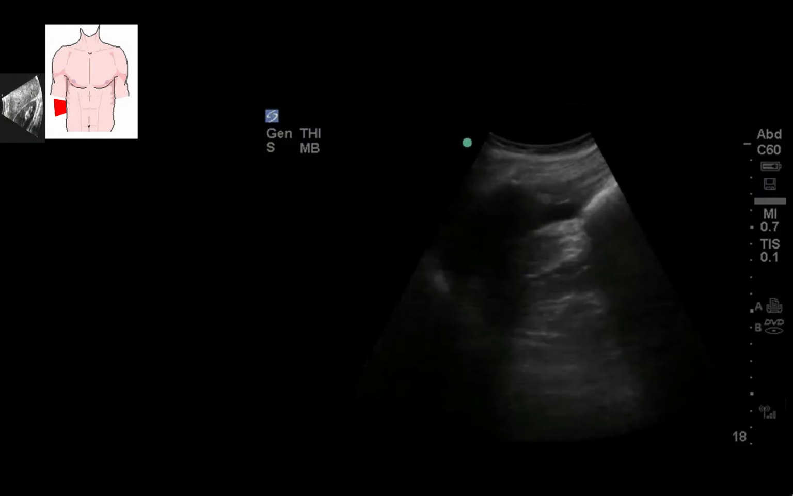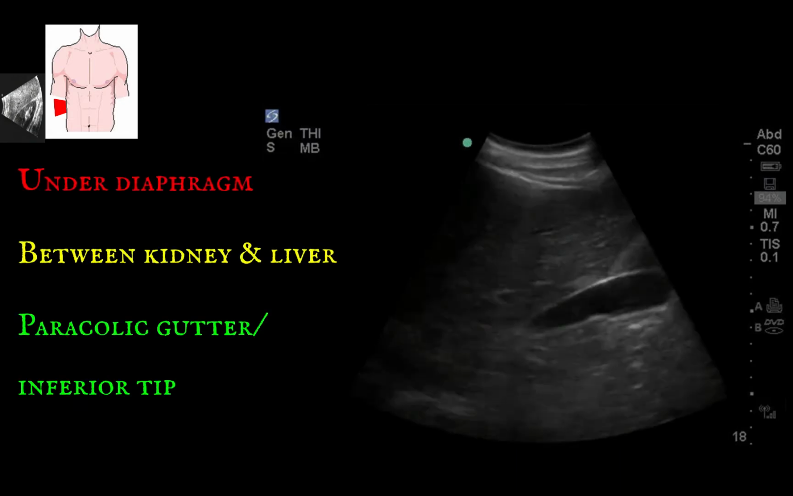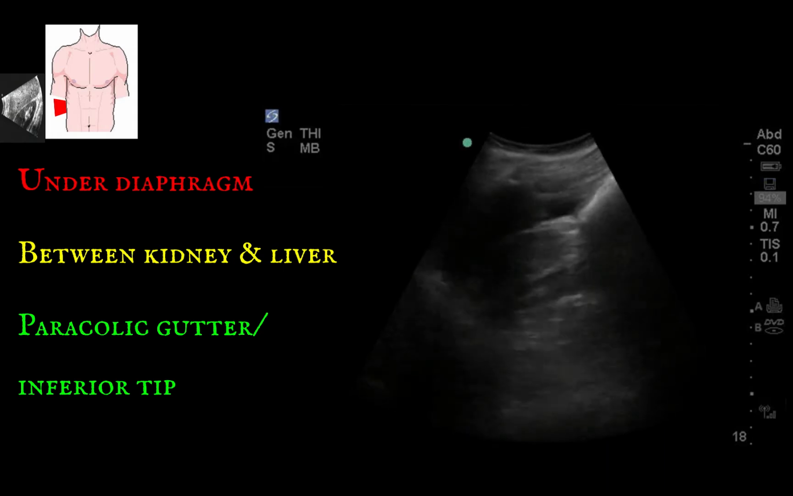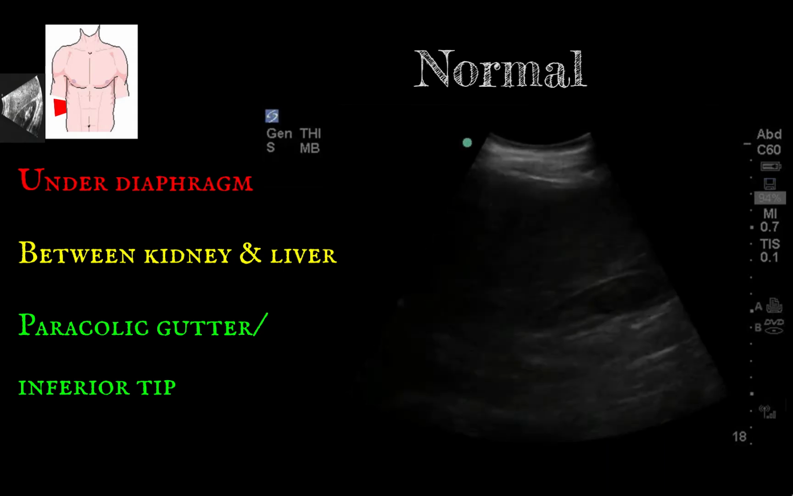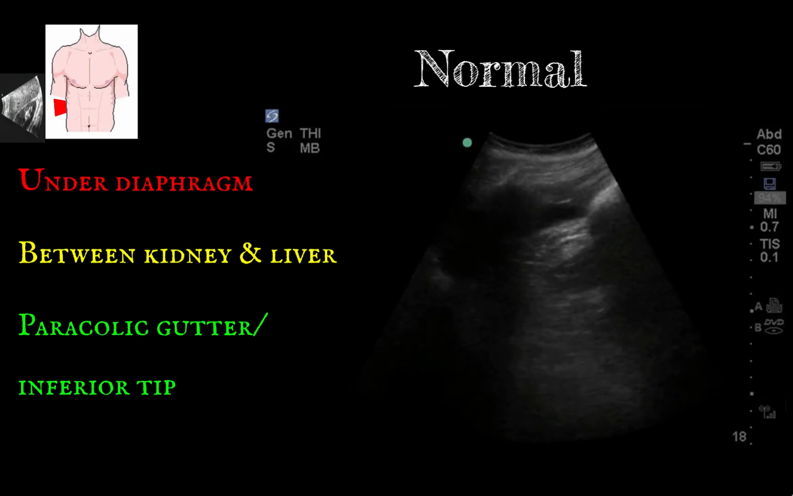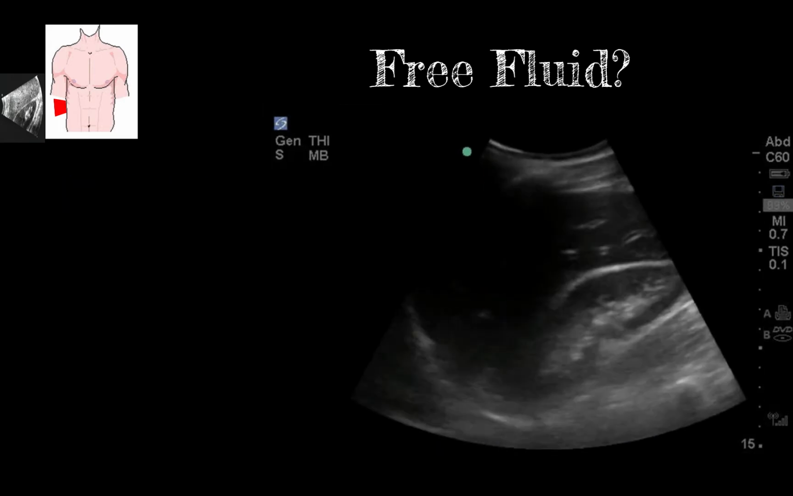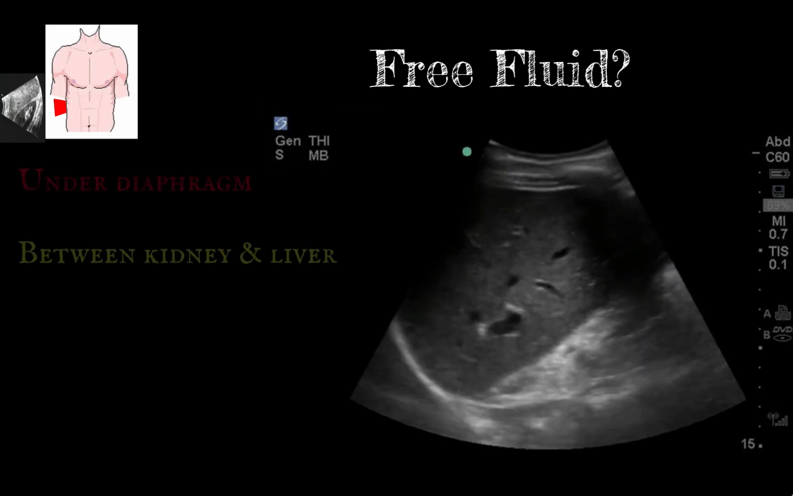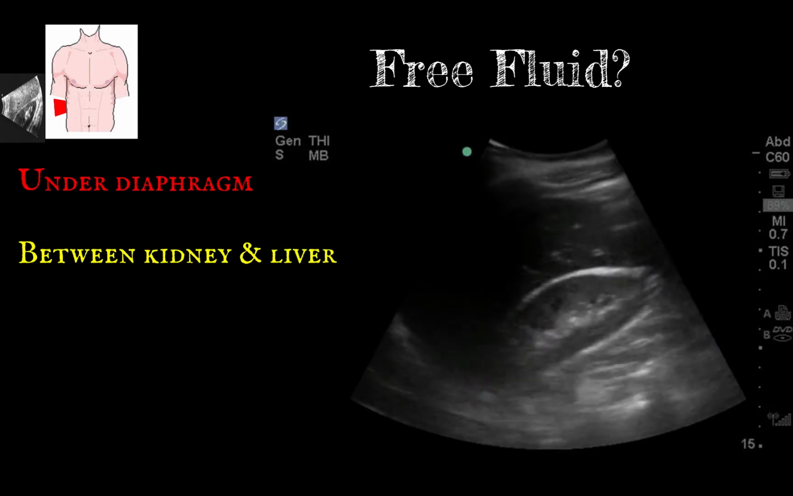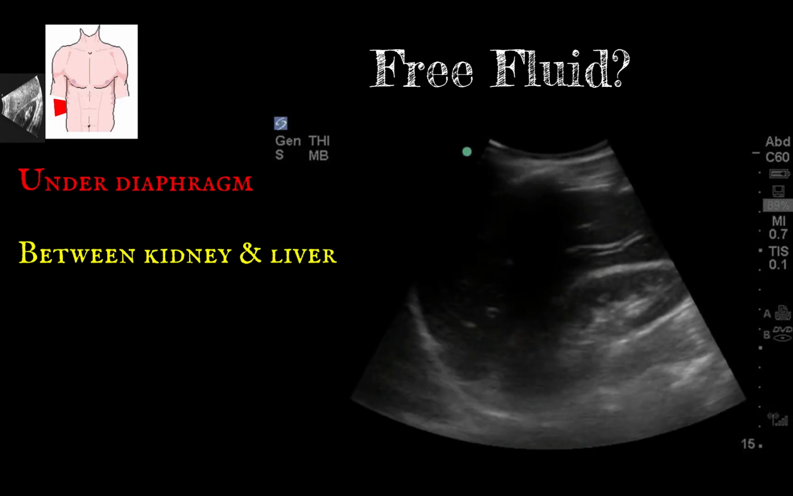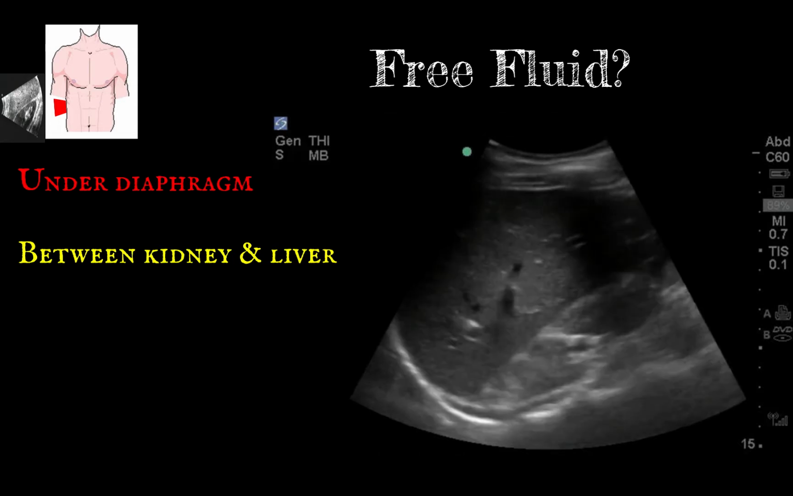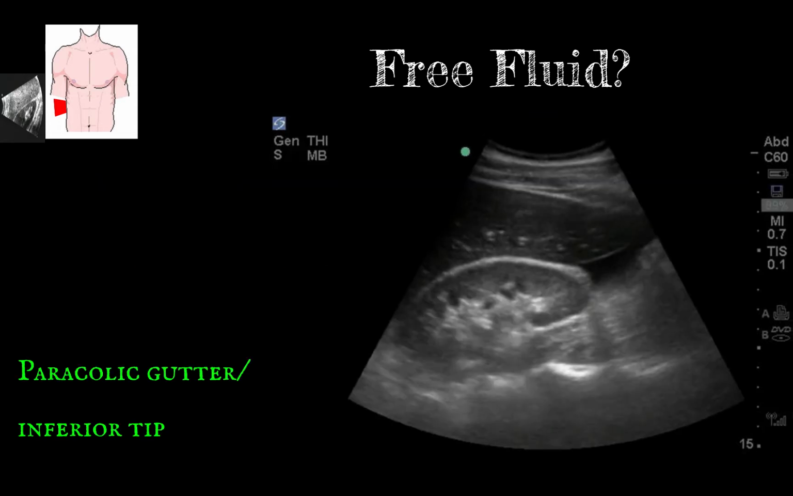In this clip, we're capturing all three of those key areas with no areas of hypoechoic fluid, so this is a normal exam. Now, what about this view? Here, you're getting the area under the diaphragm, and you're getting into Morrison's pouch, but you're missing that inferior portion of the liver. If you slide or rock the probe down just a little bit, you'll see that this is